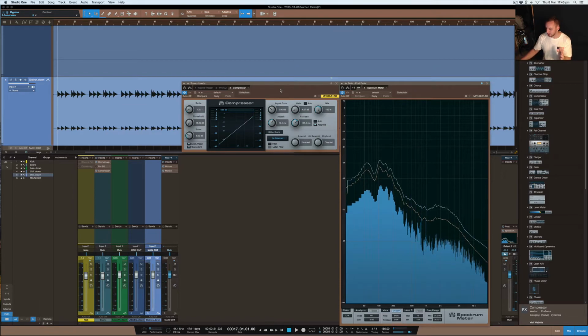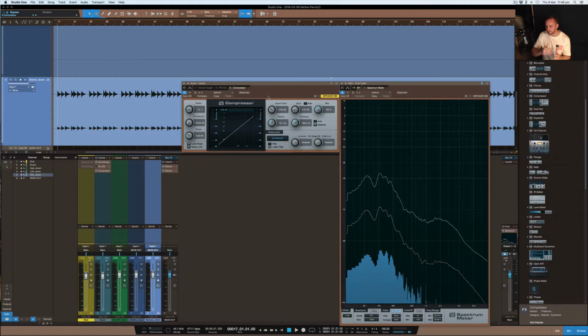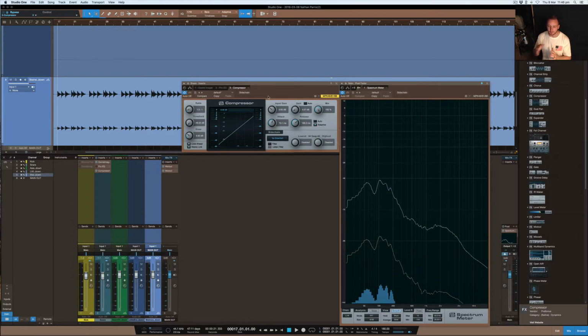Now, if you notice, the compressor kind of helped the sustain of the snare continue on a little bit longer. That's the way that I set this compressor up, which is why that occurred. I used the 166 millisecond setting to create that extended release on the actual snare. So, with your